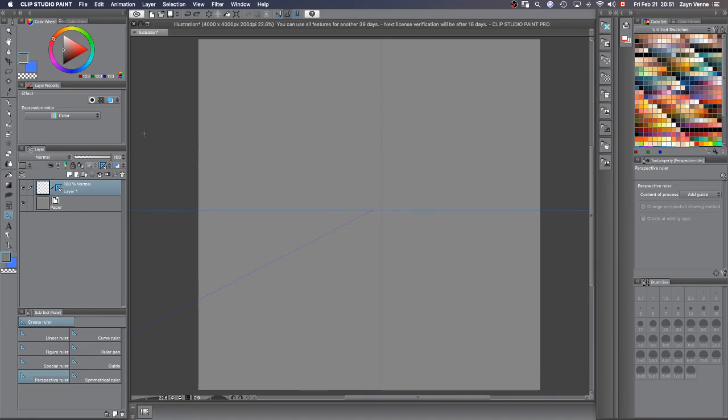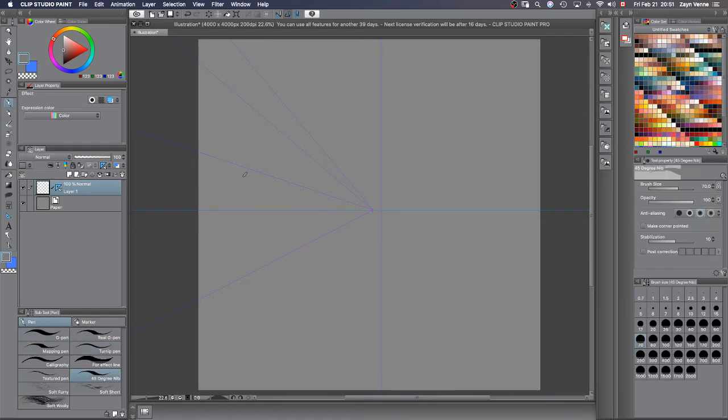Okay, so once I create my first point, now every point I click adds to that. I can add another vanishing point, but that's not what I'm going for right now. So now when I select my pen tool, give me something that's not quite that obscenely large, it will always follow this angle,